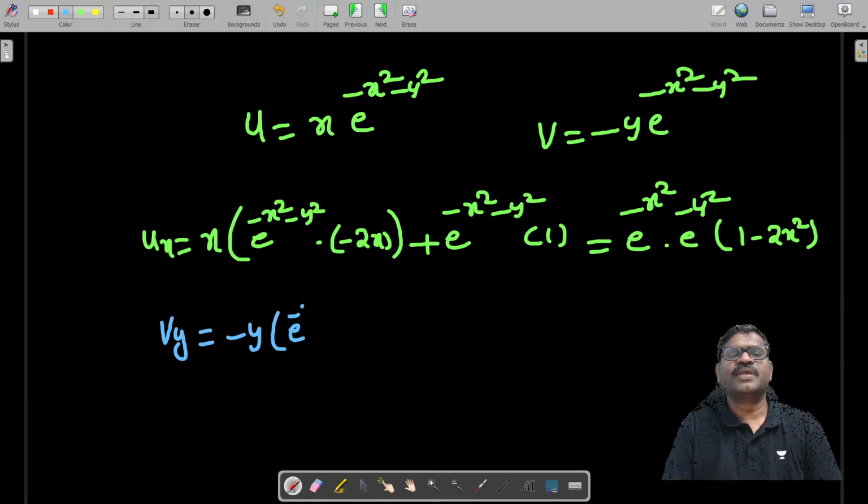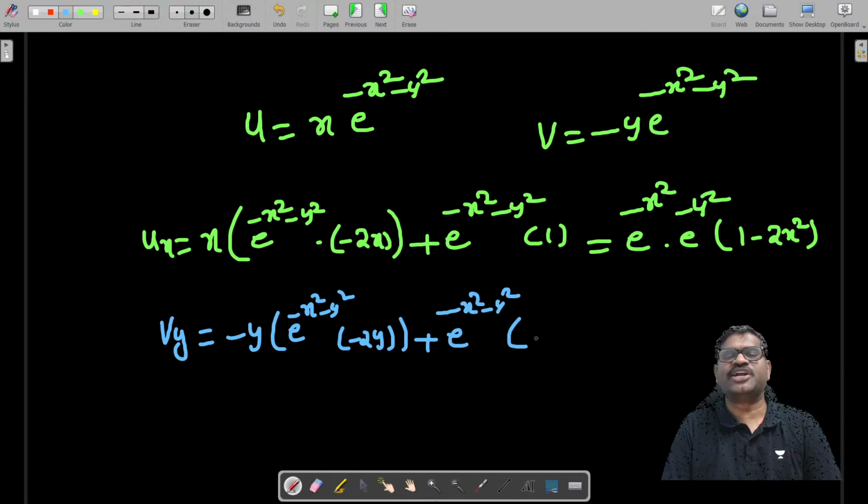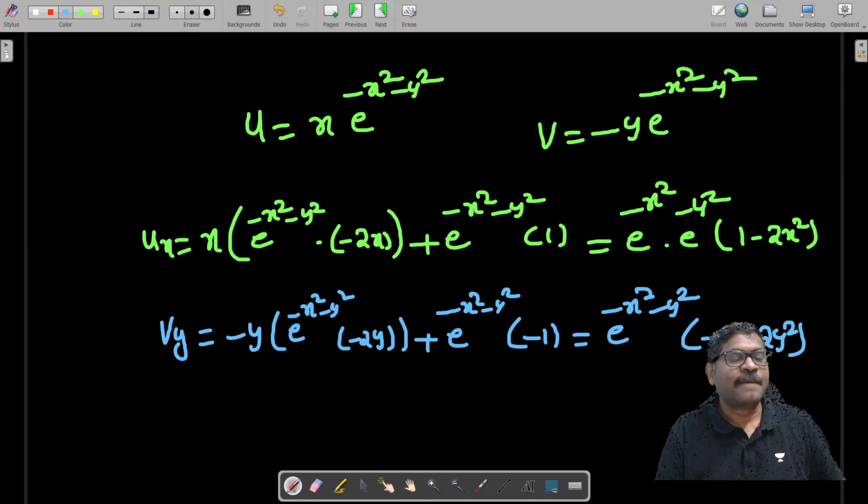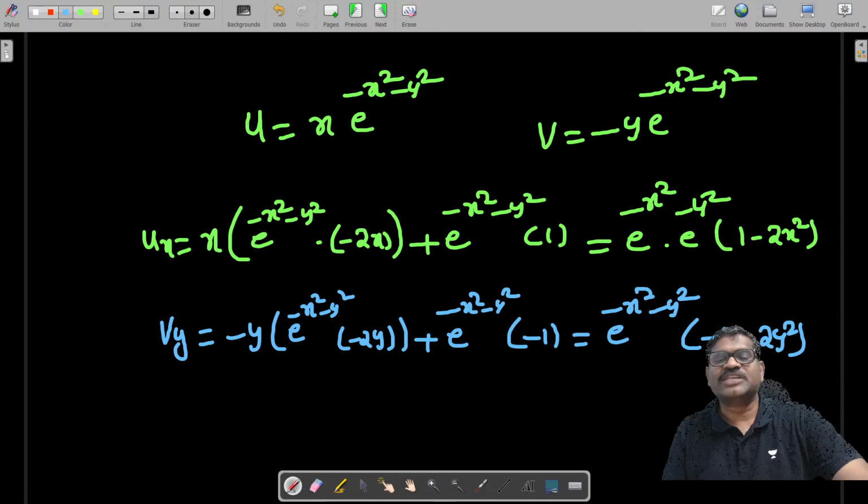Minus y into e power minus x square minus y square into minus 2y plus e power minus x square minus y square into the differentiation of minus y, which is minus 1, that is e power minus x square minus y square into minus 1 plus 2y square. Okay, na? Please observe, u x equal to v y is possible